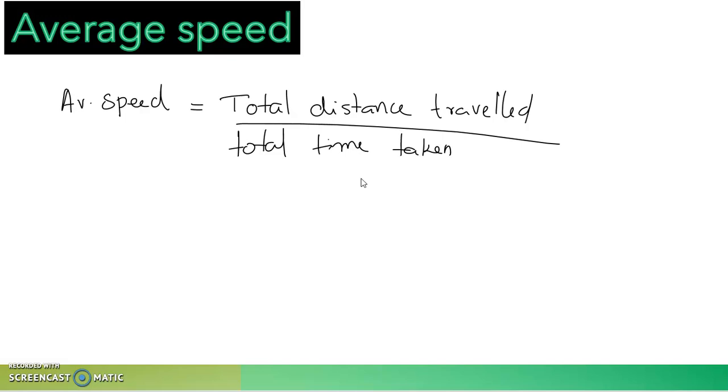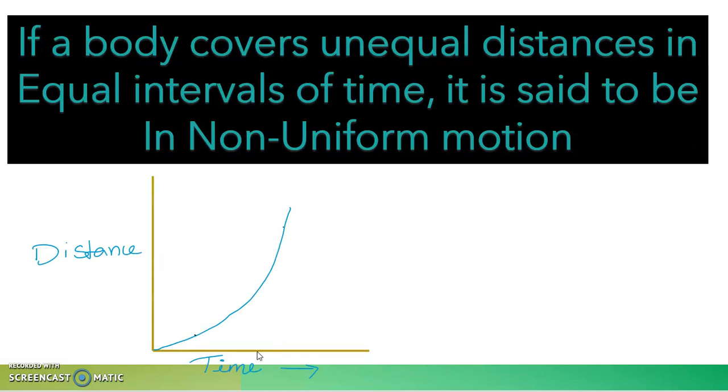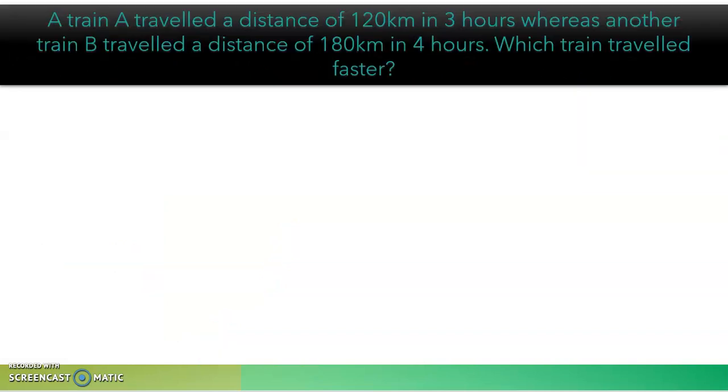And remember that this is applicable for the object which undergoes non-uniform motion, because there is no constant speed for the object in that situation. So we have to take the average of it. And remember, I told you, when you take 2 points in that distance time graph for the uniform motion, then draw a straight line between those 2 points, take the slope of that. No need to worry about how the graph looks like and how you take the slope of the graph. I'll be doing a separate video for solving the graph based questions. It's very, very important this year. We need to know how we can solve questions based on graph.